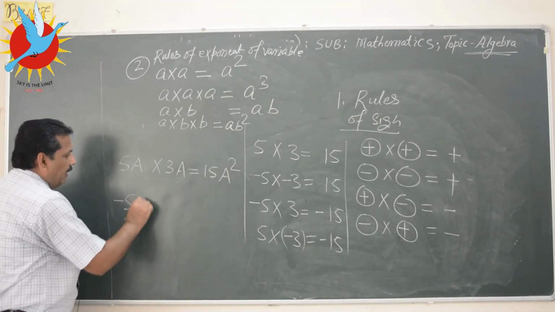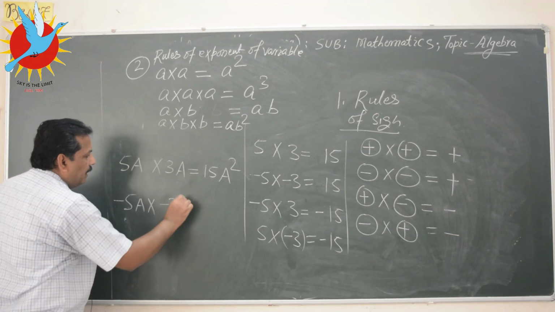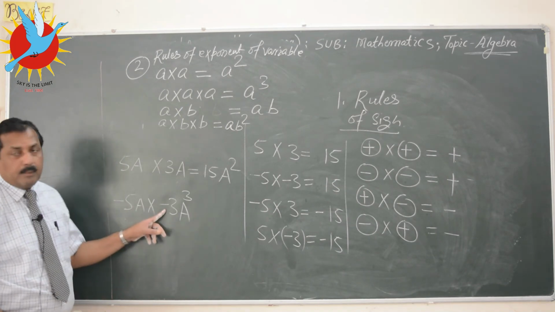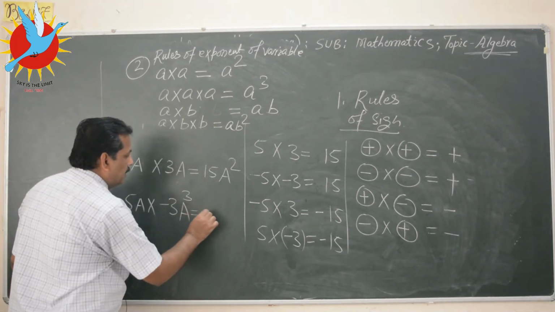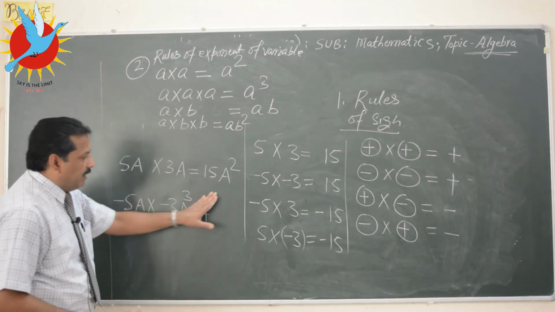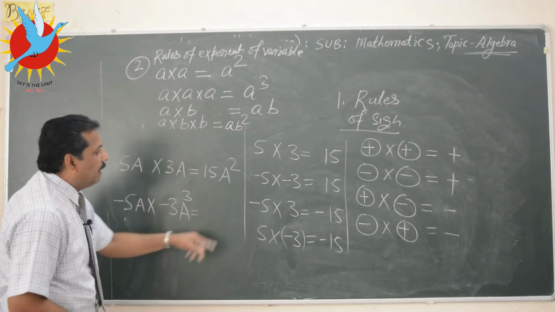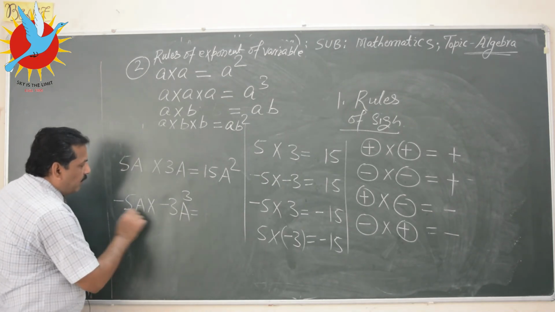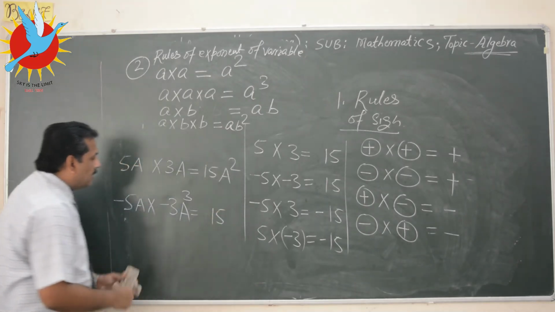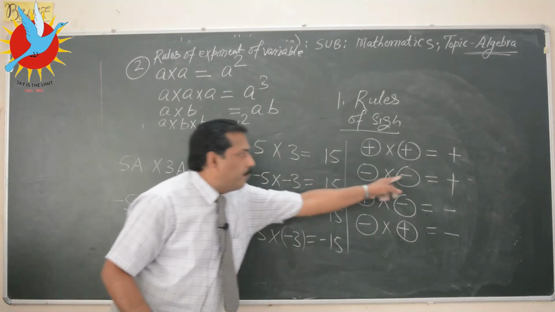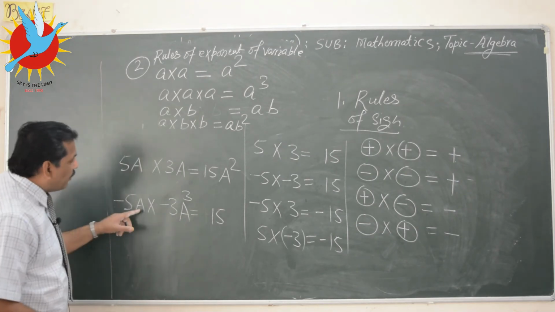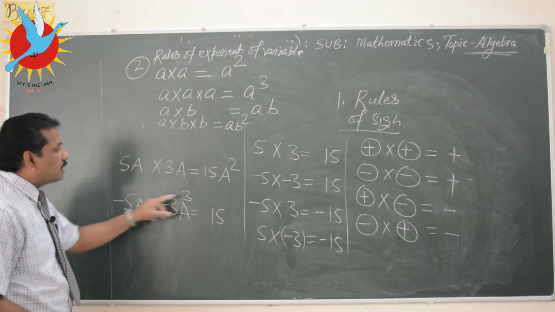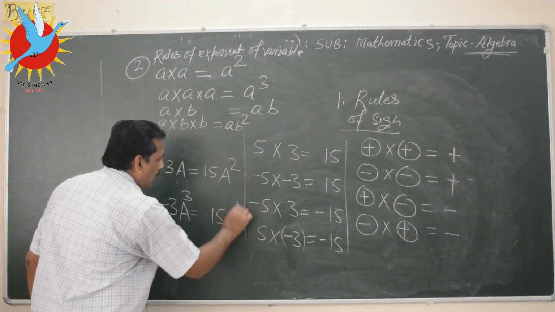Let us take another example. Minus 5a multiplied by minus 3a to the power 3. Let us check it. So minus multiplied by minus, the result will be plus. You may write, you may not write. It is understood here. If there is no sign, obviously plus will be understood. What about numbers? 5 3s are 15. What is the sign? Minus into minus is plus. What about a and a to the power 3? The power is 3, power is 1, 3 plus 1, that is a to the power 4, and that's all.